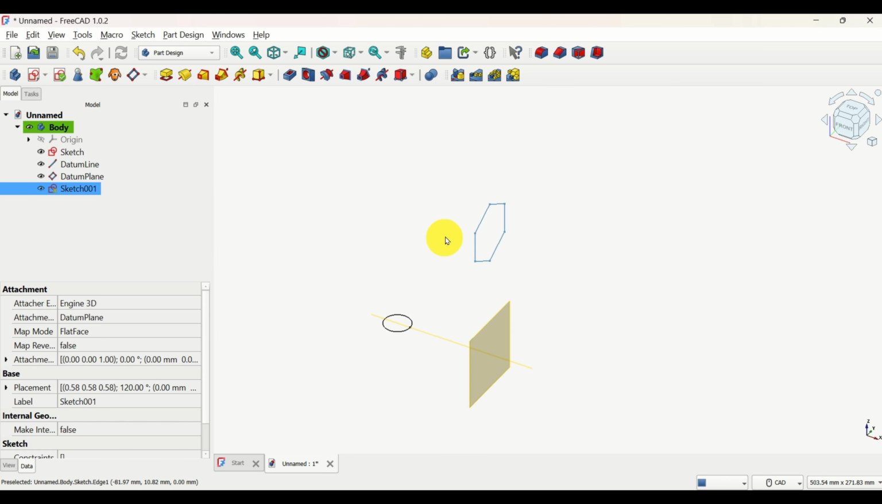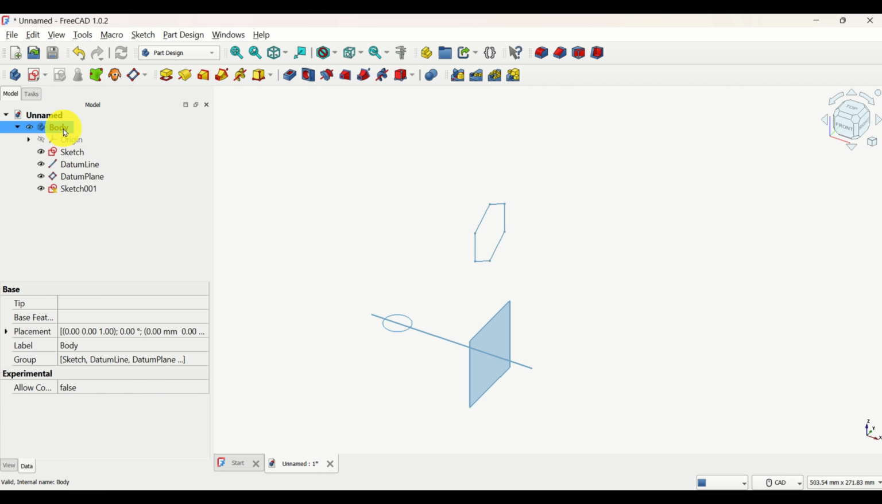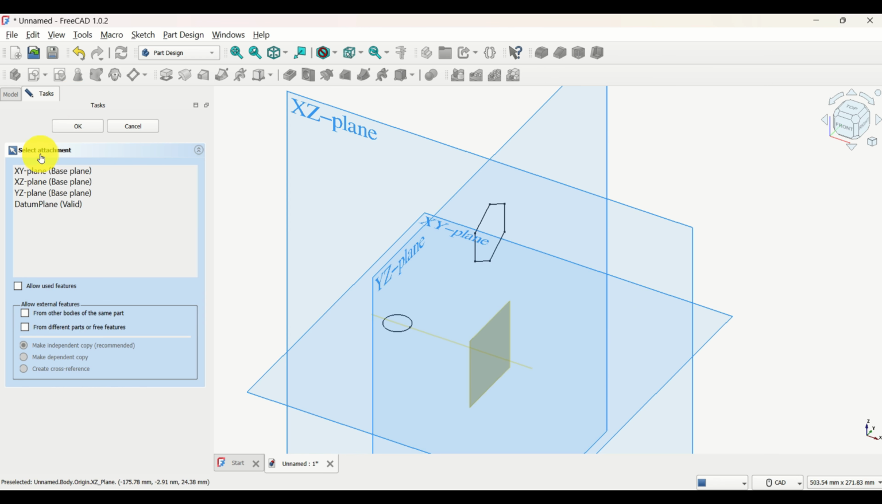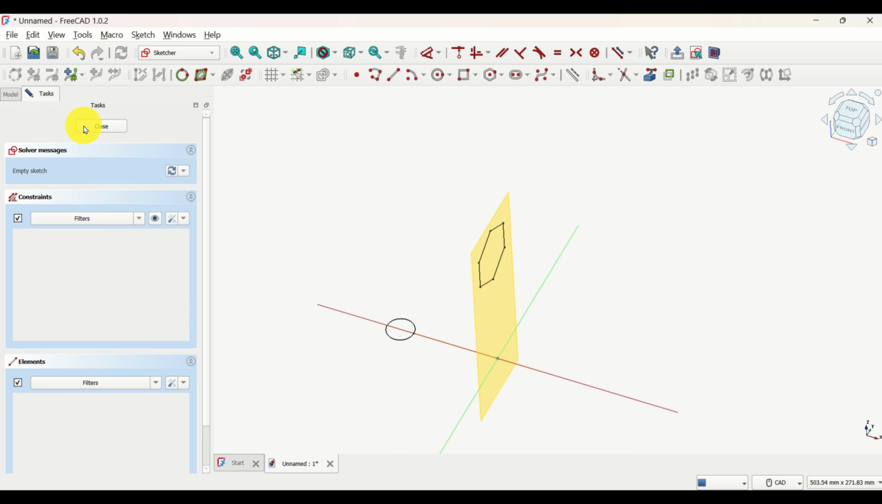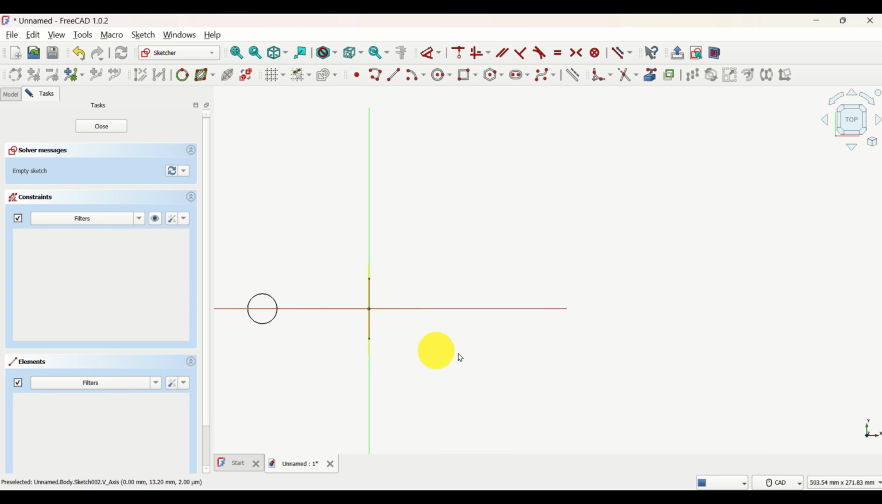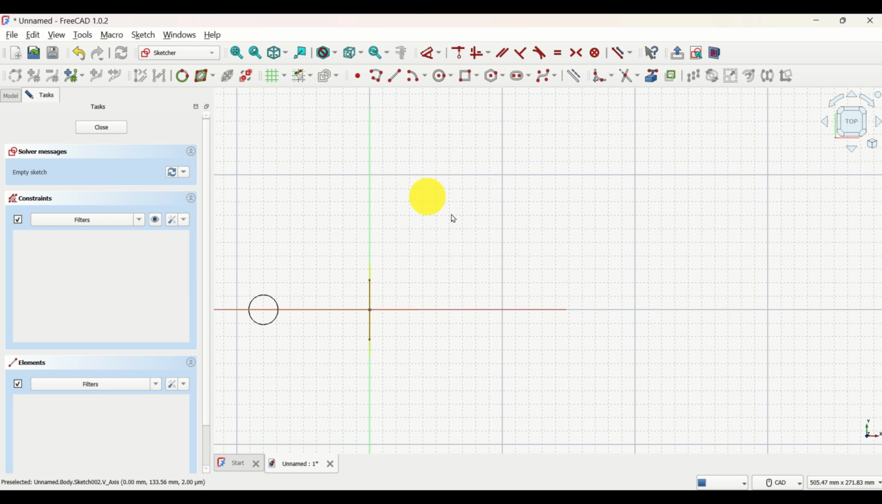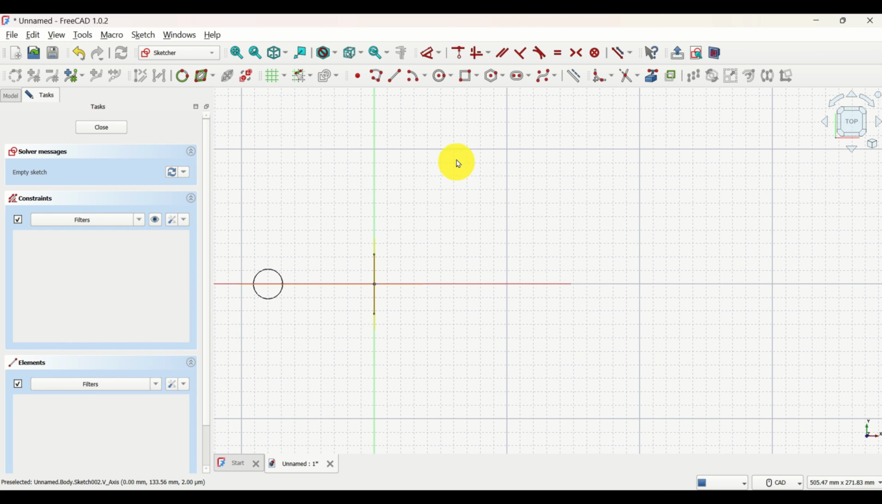Now we have the first one, we have the second one, and let's create the third one. To create the third cross section, click on the body, then again click on here and click on Create Sketch. And then click on XY plane and click on OK. And now you're in the XY plane. Make sure that you click here. And over here, we need to create a